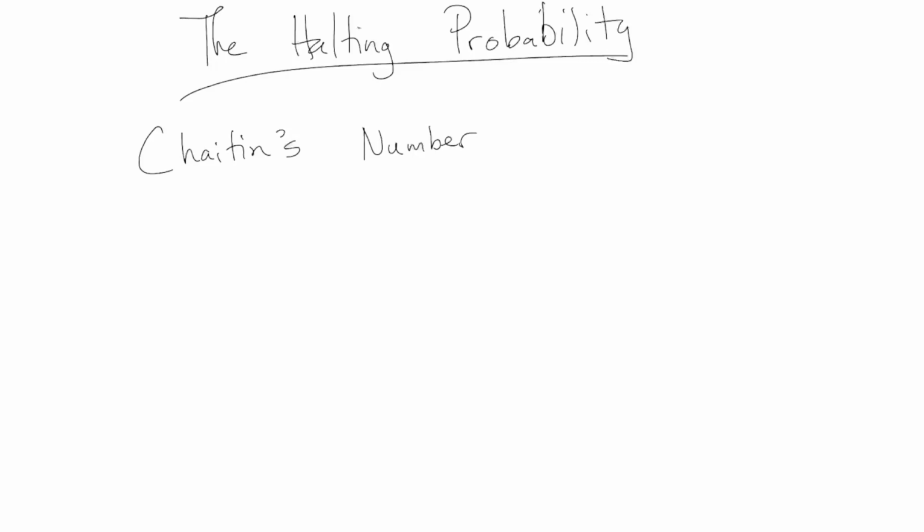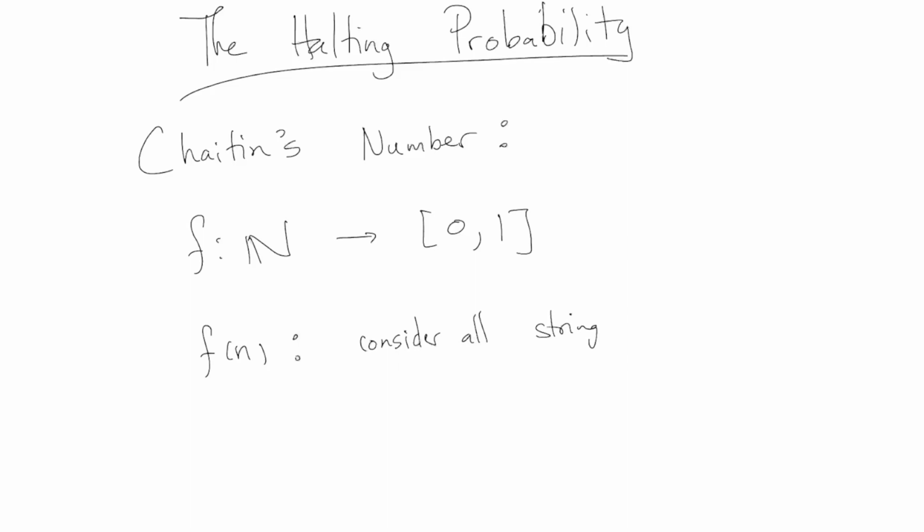I'm going to be a little vague about this, but Kittin's constant is defined as, I'll give some details here. Let's say I'm going to define this function f, which goes into [0, 1]. This is the real interval 0, 1. I know you're not used to seeing me say those things, but the real numbers, all real numbers between 0 and 1. And this f of n is defined to be, we consider all possible strings. I mean strings on the ordinary alphabet, like strings you can make on your computer. Consider all strings of length n,